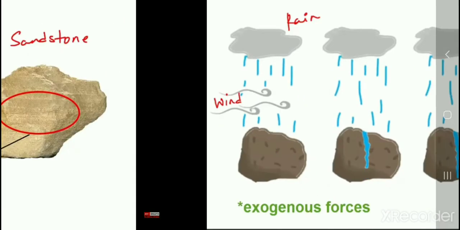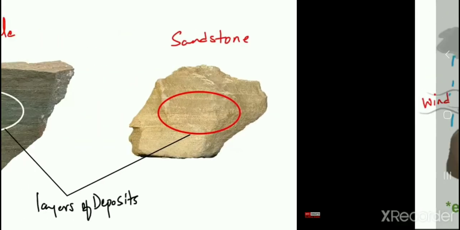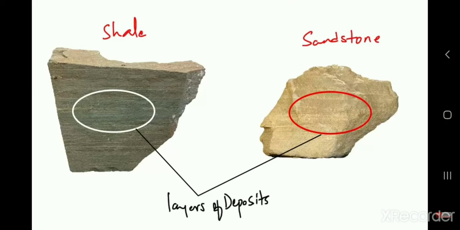And also the upper layer of the crust as well as the lower layer creates pressure. Because of this pressure, sedimentary rocks form layers. We can easily see layers in sedimentary rock. You can see here two kinds of rocks, shale and sandstone. Here you can see the different kinds of layers.